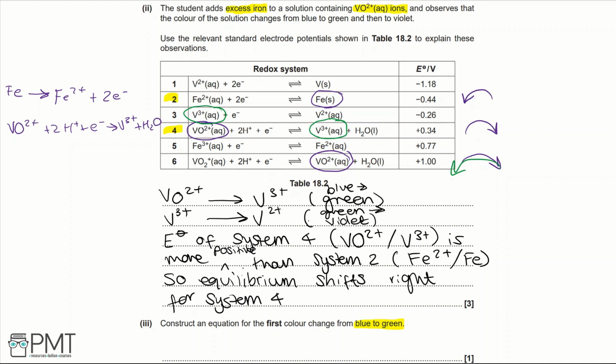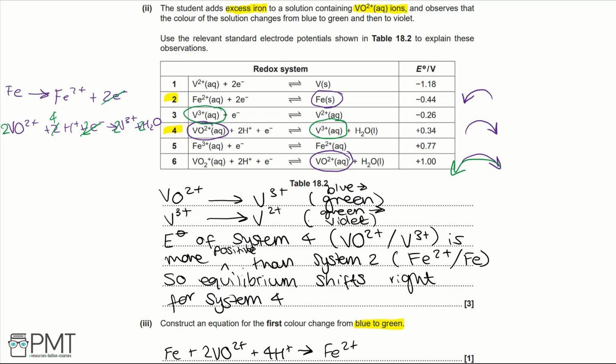However, we want the overall equation, so we need to scale up redox system 4 by balancing the electrons. So we want 2 electrons, and that means we want 4 H+, 2 VO2+, 2 V3+, and 2 H2O. And then if we cancel out the electrons, because we've got the same number, and nothing else is the same so we can't cancel out anything else, we've then made our overall equation. So that would be Fe + 2VO2+ + 4H+ goes to